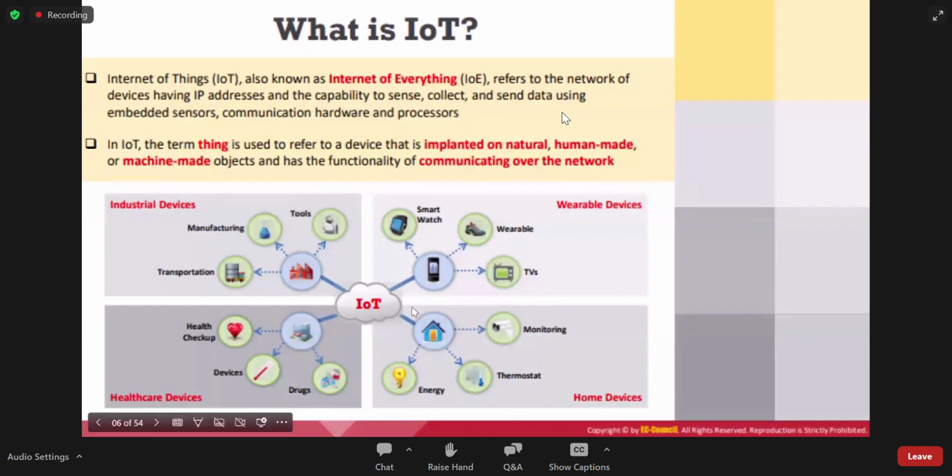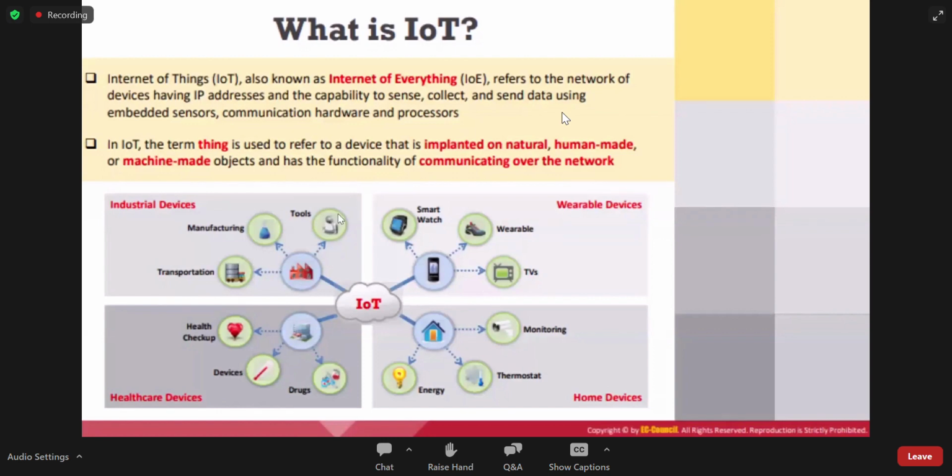Here they have some images to differentiate those IoT devices which we come across in our day-to-day life. We obviously use smart watches and other wearable devices, and we have TVs. Actually, these are not normal tube TVs. We are talking about Android TVs, which can connect to the internet. Whichever device can connect to a network or the internet, we call it an IoT device.